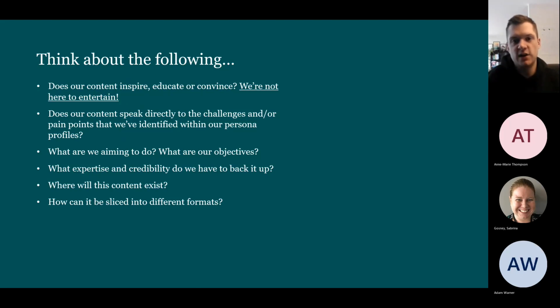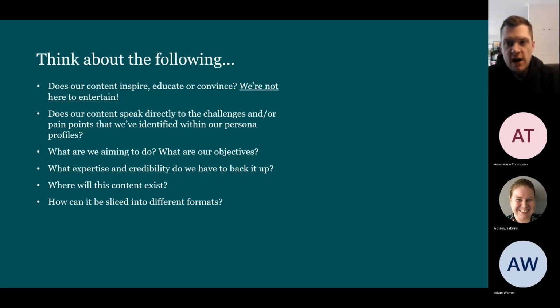If that's the case, we need to go back to our persona profiles, update them if they're wrong, or make sure that our message relates to them if we're happy with the persona profiles. Because so often we do the persona, say it's great, then we just go off on a different path over here, and the two are just not aligned. That persona profile needs to be constantly updated when we get new insights, and then the messaging should follow that as well. We need to think about what we're aiming to do.